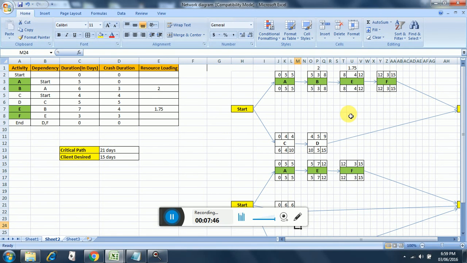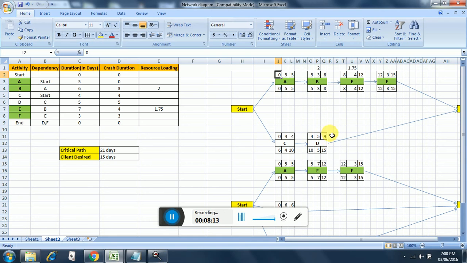Let us see the calculations in crashing. So we start with 0, 0 plus 5 is 5, 5 is carried forward, 5 plus 3 is 8, 8 is carried forward, 8 plus 4 is 12, 12 is again carried forward, 12 plus 3 is 15, so 15 ends here. Then we go to this path, 0 plus 4 is 4, 4 is carried forward, 4 plus